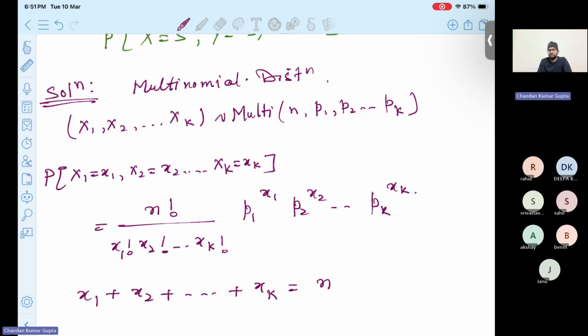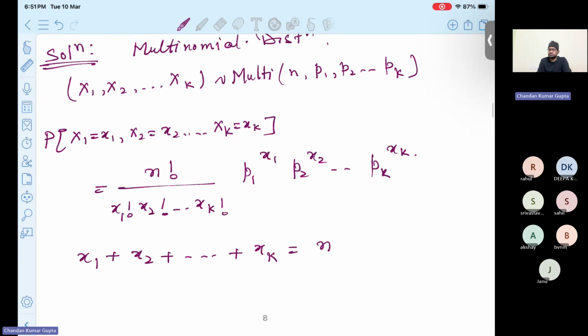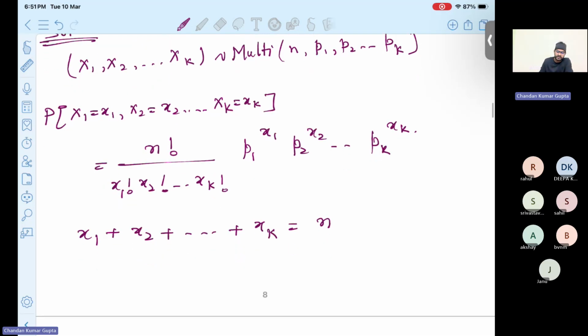So this is the PDF for the multinomial distribution. We have more than two categories. That means the random variables are not dichotomous in nature. So here we have three. Now putting the values accordingly, we may find